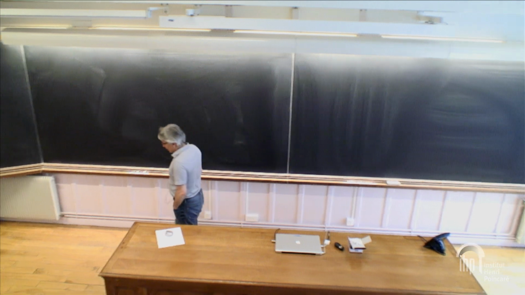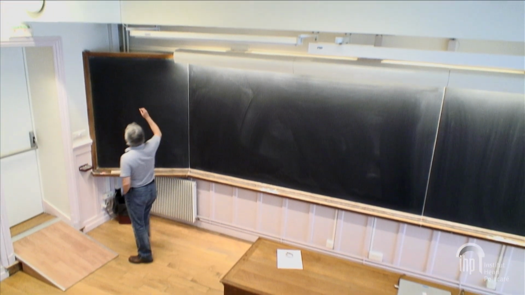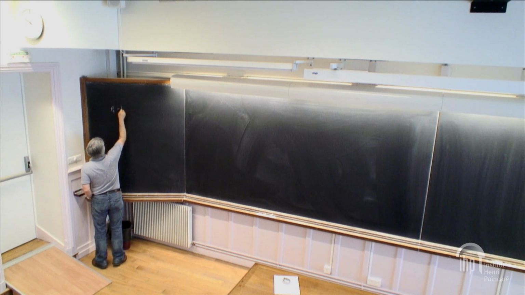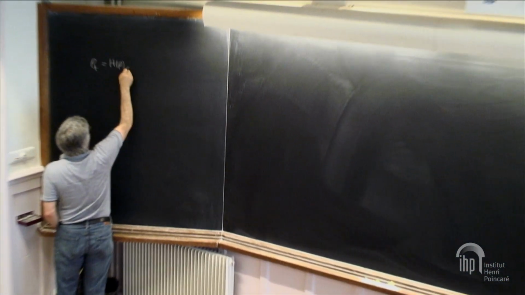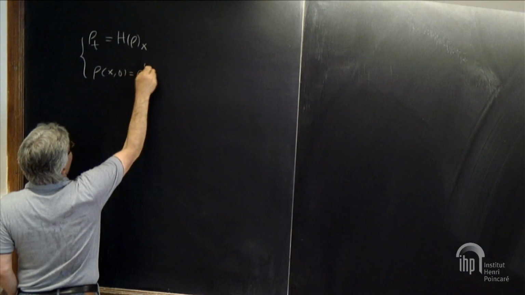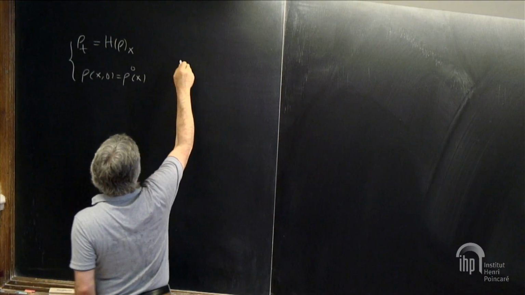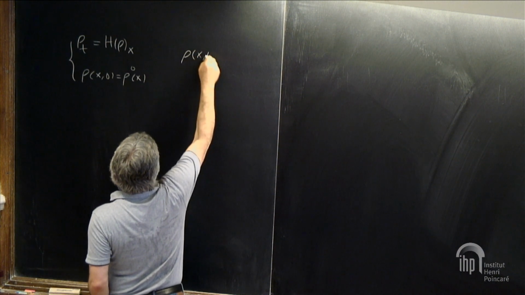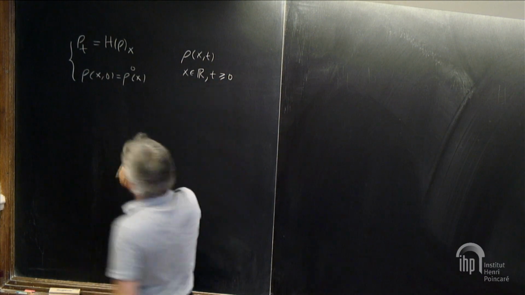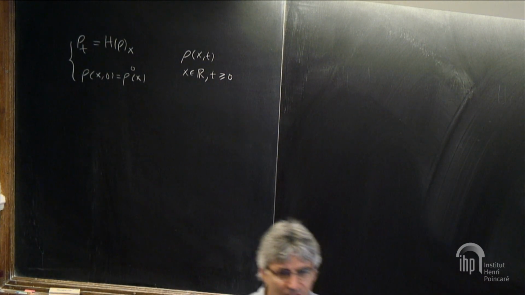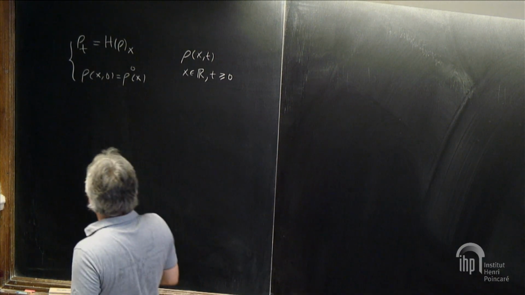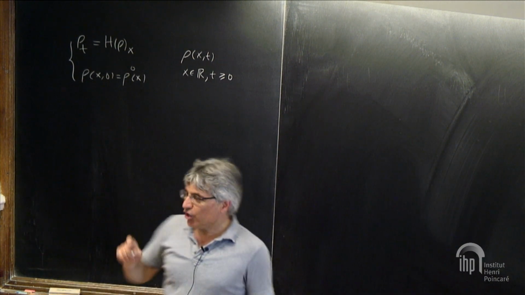Yesterday, I started from this PDE. Here, rho is a function of x and t with x in R and t non-negative. And then I argued that if you take a classical solution to this equation and assume that the initial data